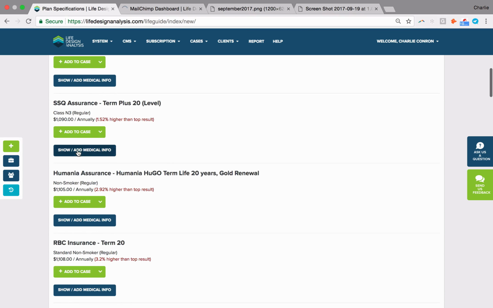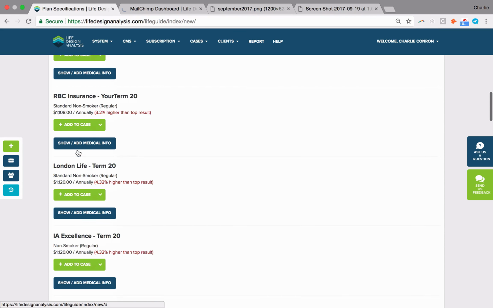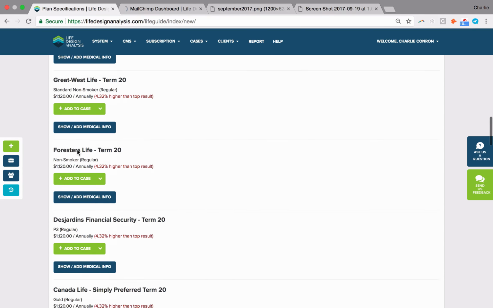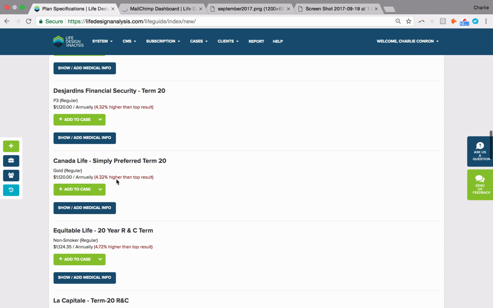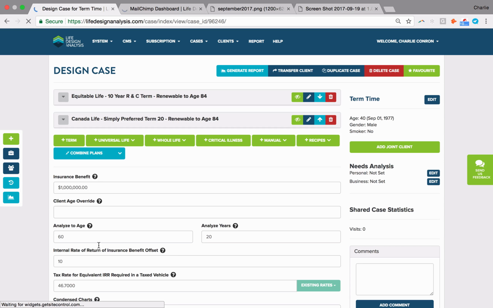Again, we can see all the way down the survey, and we can add any different product. You can see we also show you how much different a certain product is than the next. I don't necessarily have to pick the highest price product for this particular concept to work. Really what we're showing is that by locking in for a longer length of time, we're actually going to save money. And what we really want our clients to think about is, when do you want your insurance to end?